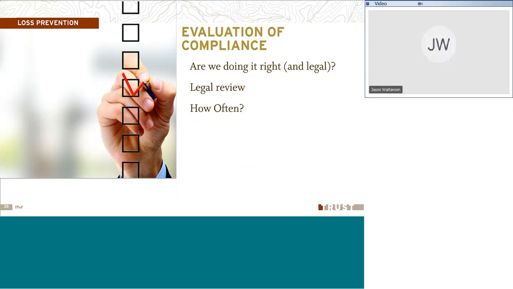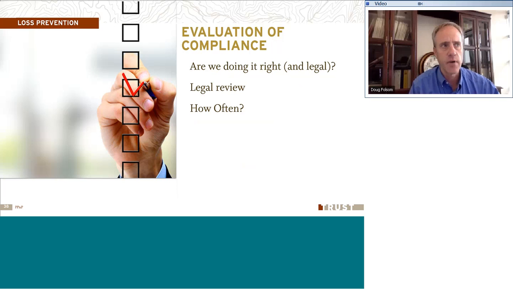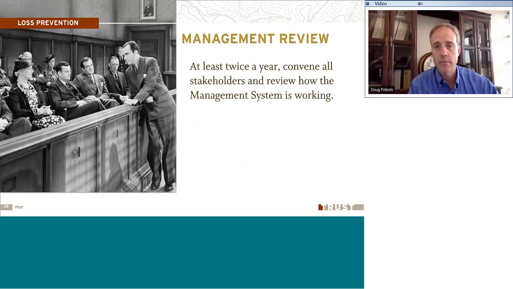And that may involve different requirements, whether it's just the self-audits or whether it's that legal review with your attorney looking at your procedures annually, or whatever the need may be. Your management team should be looking at your management system twice a year to make sure that you're following the management system, that the policies are up to date, that the procedures are up to date, that we are doing our self-checks, our audits, that we are documenting our performance and our accomplishments to make sure that that system is working.